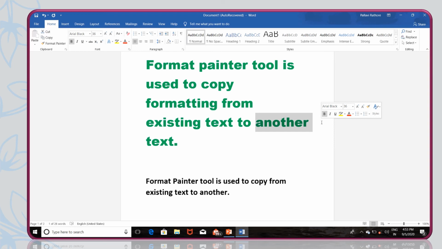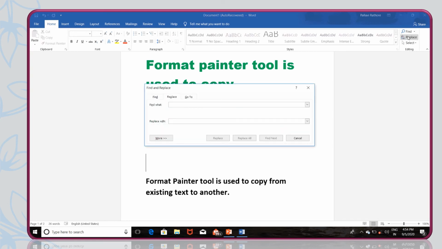To do so, what we will do, first of all, we will click on Home tab. Okay, we will click on Home tab. Now, in this Home tab, we will click on Replace option under Editing Group. This last portion of Home tab is called Editing Group. Now from this Editing Group, we will click on Replace option.